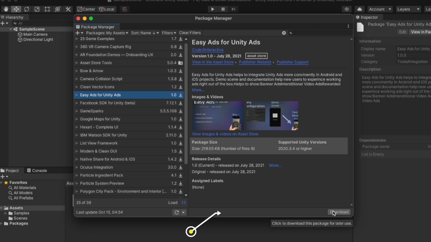We can download the assets by clicking the download button. A download progress will start. After downloading the package, we will see an import button. This icon means this package is not downloaded yet, and this icon means it's downloaded and we can import it into